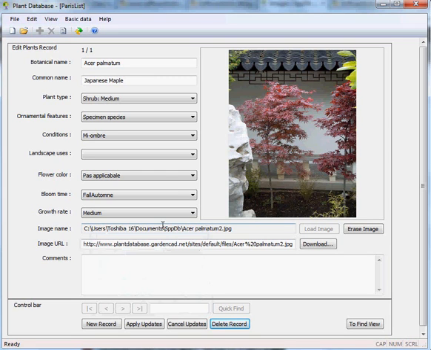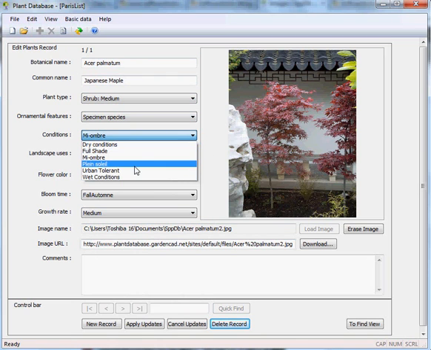I've started a new database file here and I've called it Paris List, and I'm trying to populate it with some species that might work well in the French capital. And I've entered botanical name, common name there, plant type, its ornamental features. We'd use this as a specimen tree, what conditions, and you can see I've made some translation here, full sun